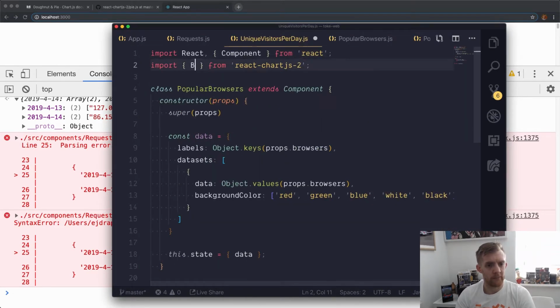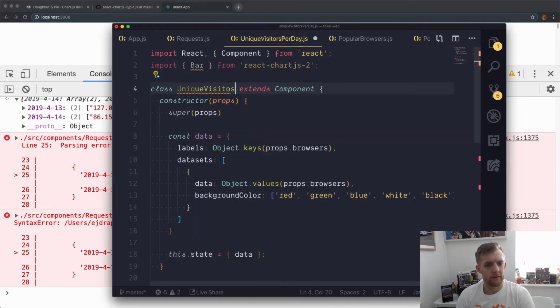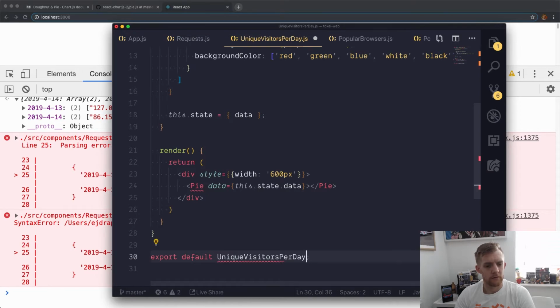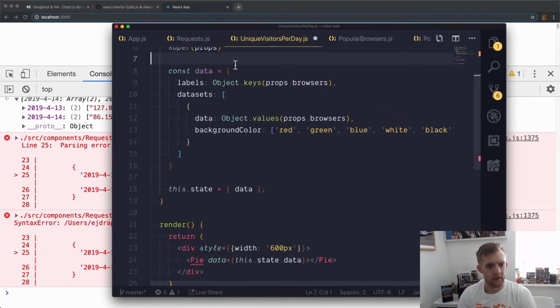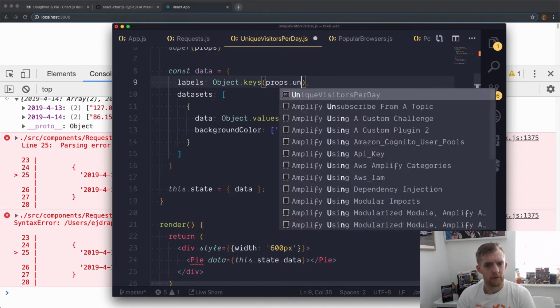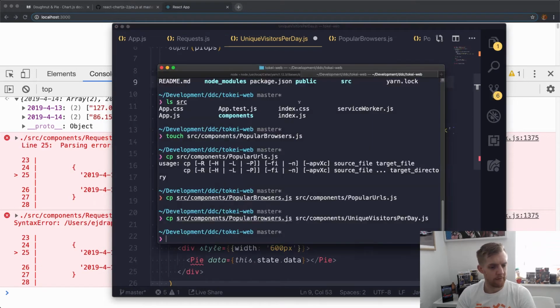And we're going to want a bar chart instead of a pie chart this time. Let's just rename this. Ready to go. And so we're going to get our prop in with our data in that format there,